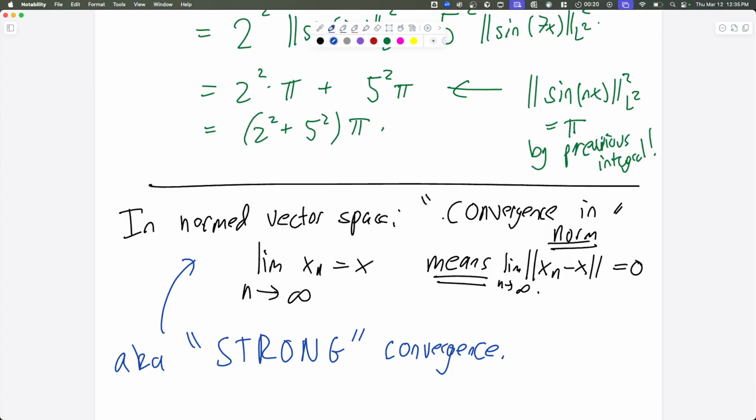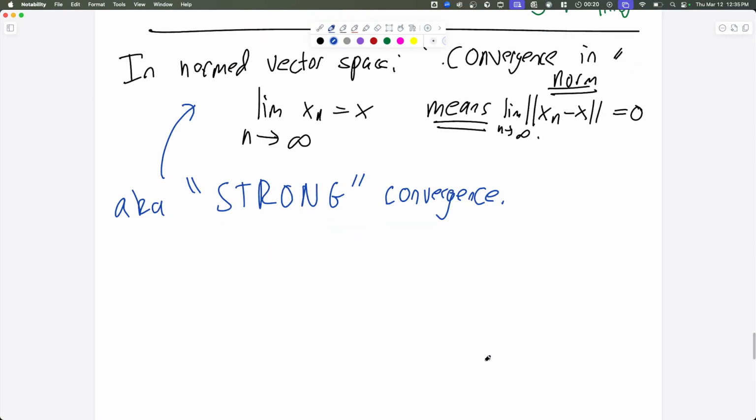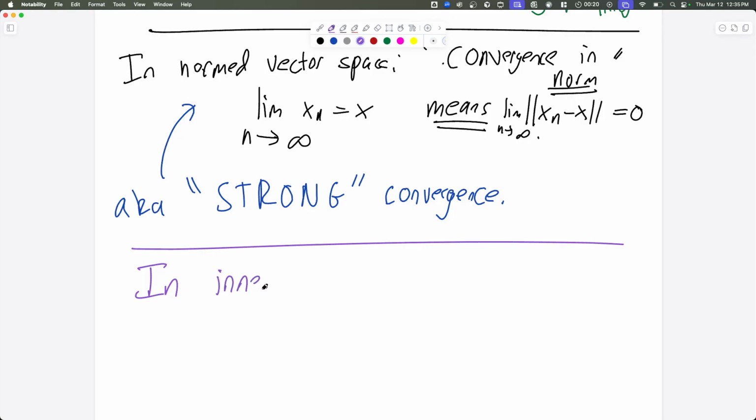This type of convergence still exists. Every inner product space has the norm, and this type of convergence is totally legit. It's the regular convergence, also known as strong convergence. There is a new type of convergence on inner product spaces only. Well, actually, that's not true. It exists on other spaces as well, but it's different. Okay, in inner product spaces,